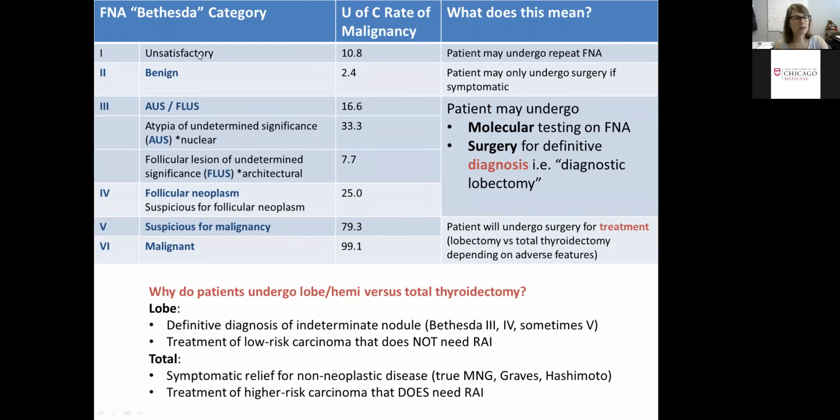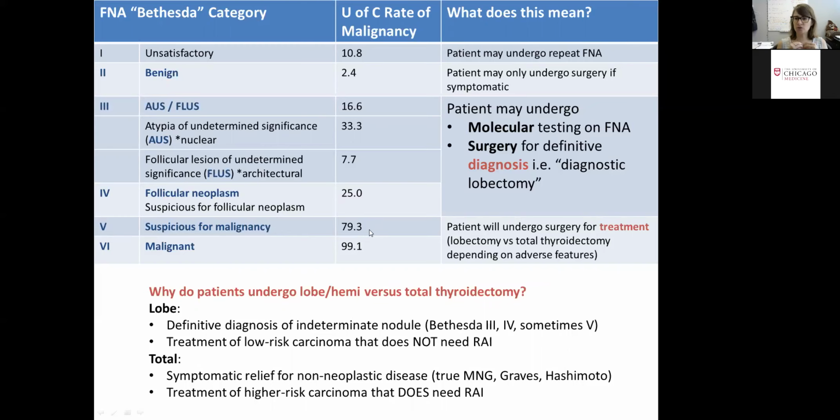So we're not going to really worry about unsatisfactory because usually these people undergo repeat FNAs. What we worry about are Bethesda category 2, benign, in which case the patient usually only undergoes surgery if symptomatic. Bethesda category 5, 6, suspicious for malignancy or malignant, where most of those will go for surgery, either lobectomy or total thyroidectomy, depending on clinical features. And then there's the intermediate categories, the indeterminate, Bethesda 3 and Bethesda 4, atypia of undetermined significance, which tends to